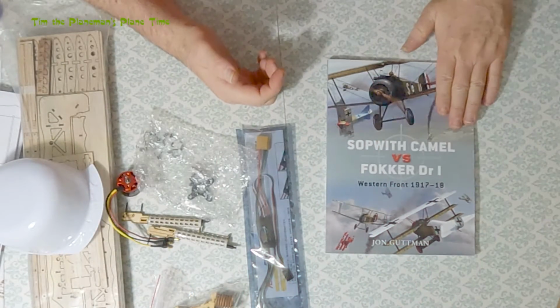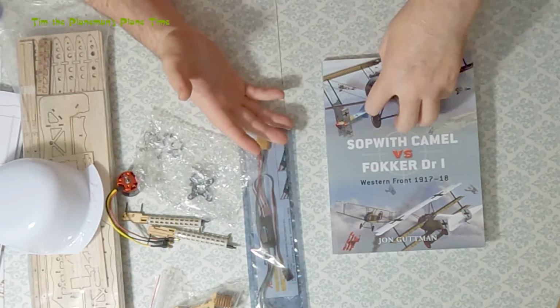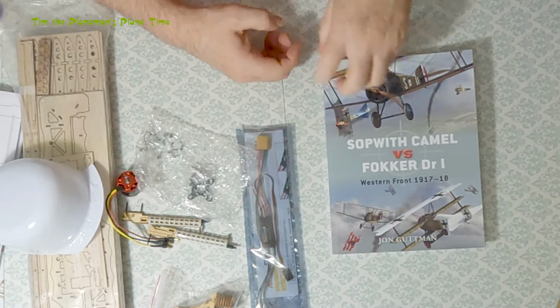The Americans also flew the Sopwith Camel. The German allies also, I believe, flew the Fokker planes, and this is a mere 10 years after the incredible breakthrough of the Wright brothers in Kitty Hawk. So the progression and the technology that we as a human race have come up with to make the Sopwith Camel such a powerful machine, and the Fokker triplane, within 10 short years, is pretty incredible. And it's one of the reasons why, honestly, I'm building this plane. It's not just about the